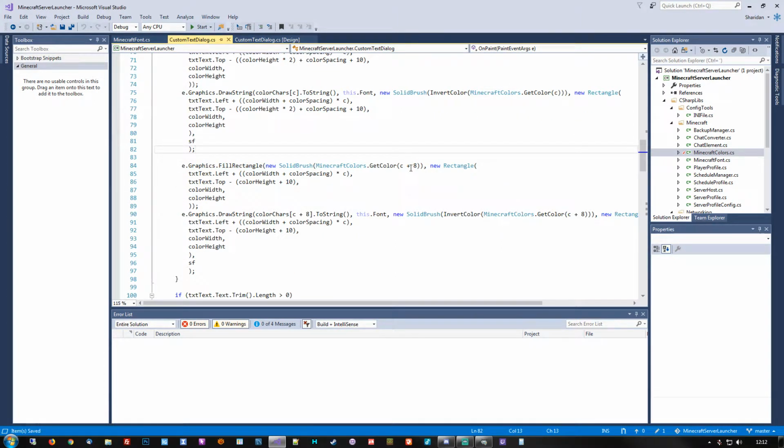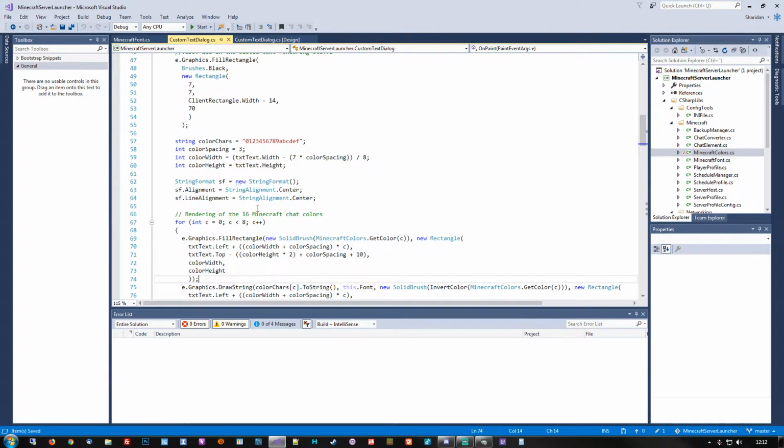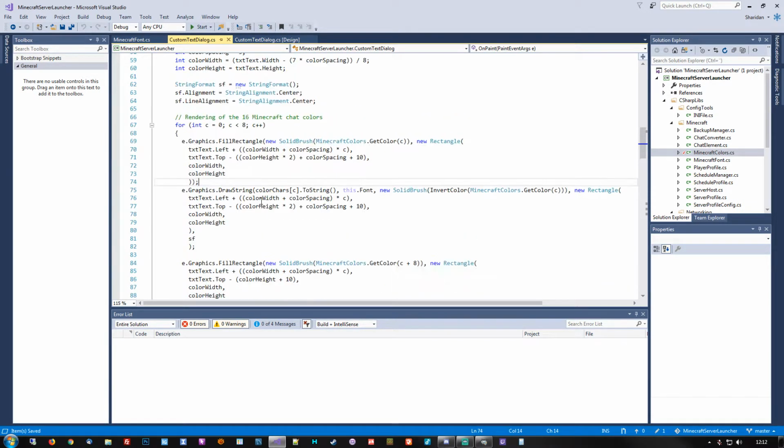Nice. Okay, this loop right here handles the current rendering setup for the 16 Minecraft colors. And since these basically generate the rectangles that we are going to need for the mouse hitbox stuff, we may want to reconsider how this entire setup is done. On top of that, I would also like to see about doing something different with the